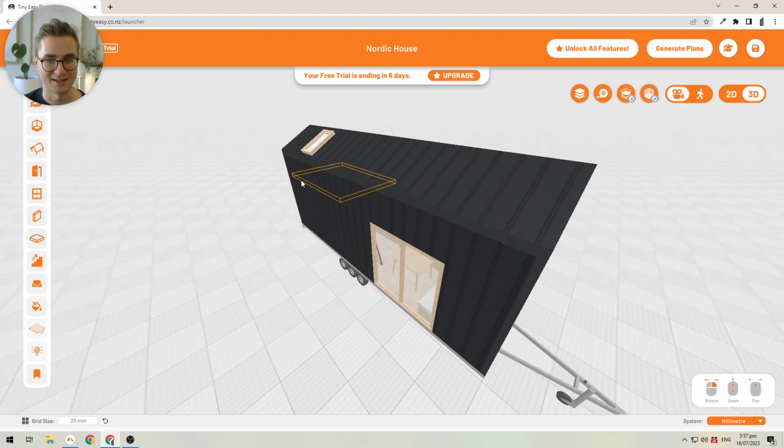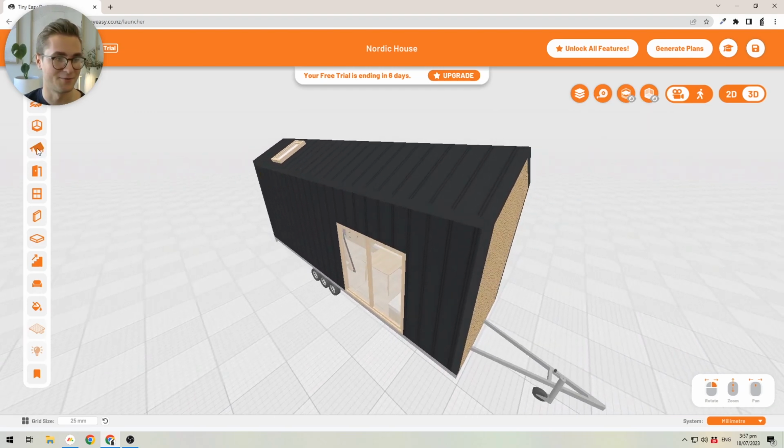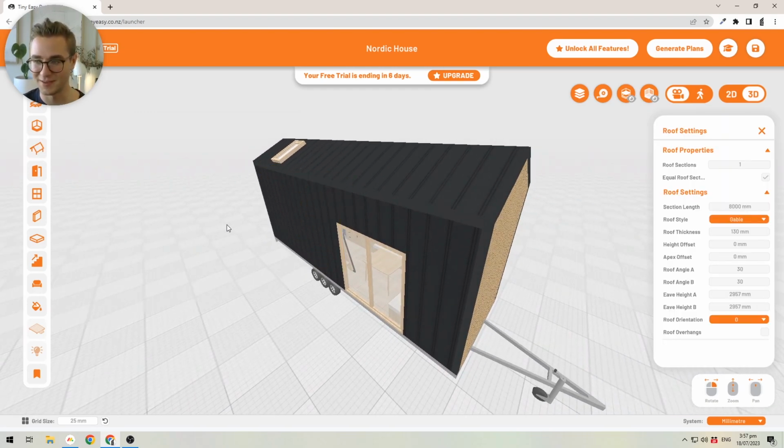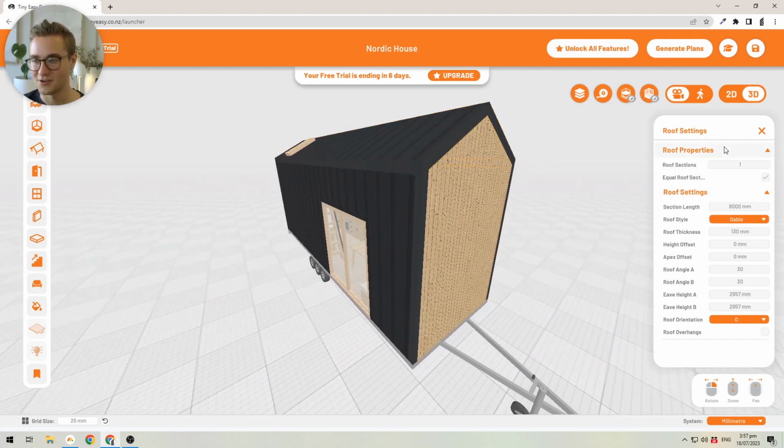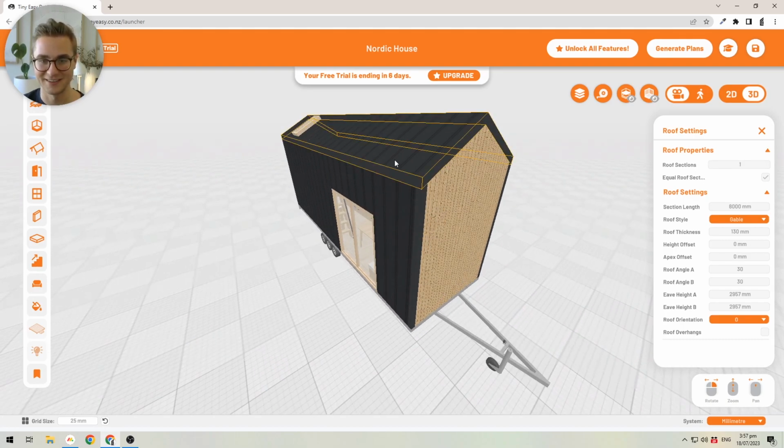We can do that. And so to do that, we'll click on the roof tool here and it will show me the properties of my roof. And to just get started, it shows me my roof sections. At the moment, we only have one section, so it's not split in half. There's only one roof. And then it shows me the settings of my roof section. Of course, again, we only have one roof section. If we have more than one roof section, we will see the exact same thing for the next roof section